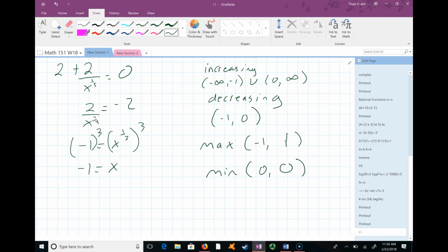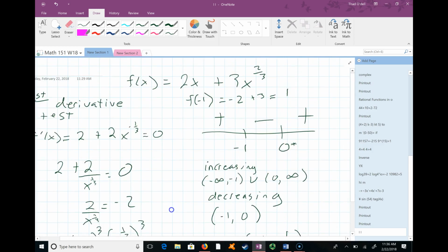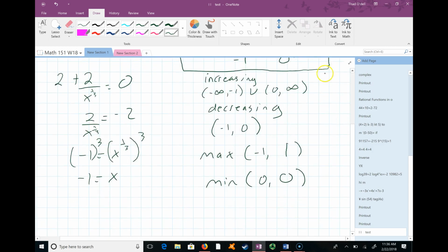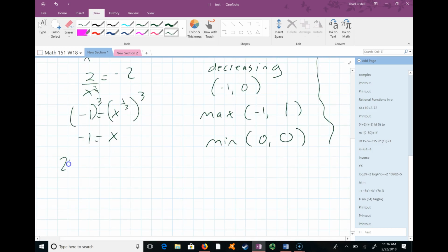Now, so that's what the first derivative test tells us. So this is the first derivative test. Really, this is kind of the engine of the first derivative test. And this is the information that comes out of the first derivative test, where it's increasing, decreasing, and whether it's a max or min. Okay? The second derivative test